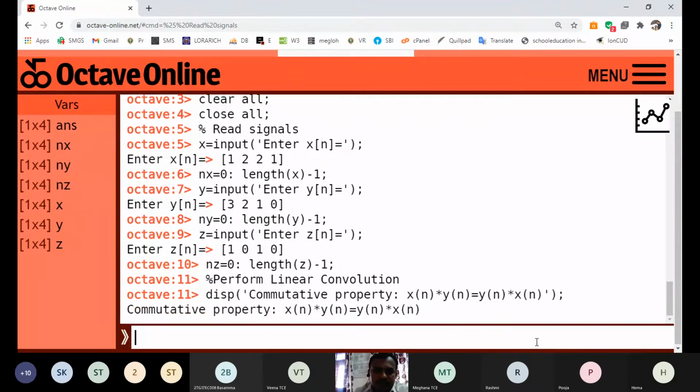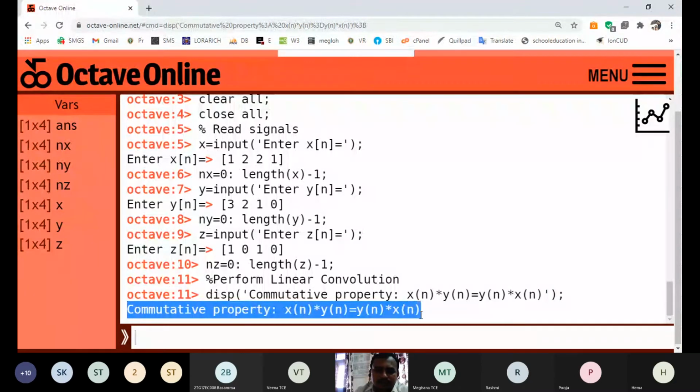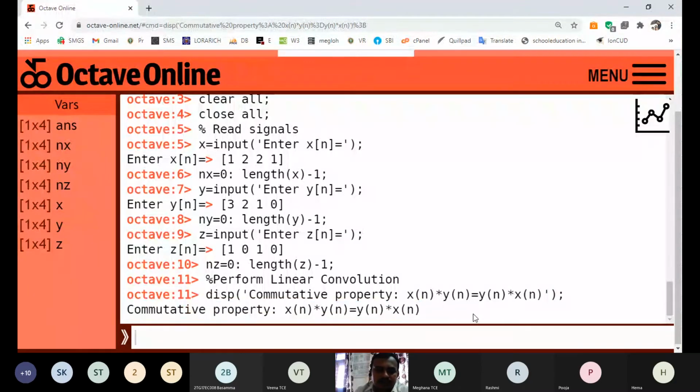This task we need to perform. I have used this function and written a string between single quotes. Whatever is written will be displayed on the screen. See the result: it is the commutative property. Whatever string I mentioned there is visible on the screen.